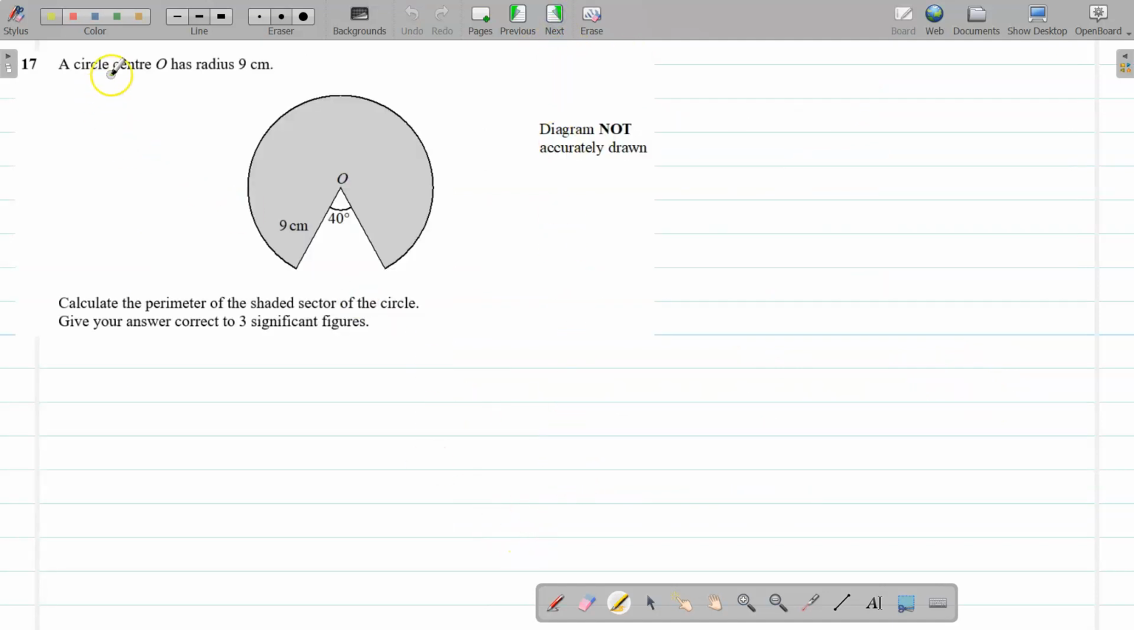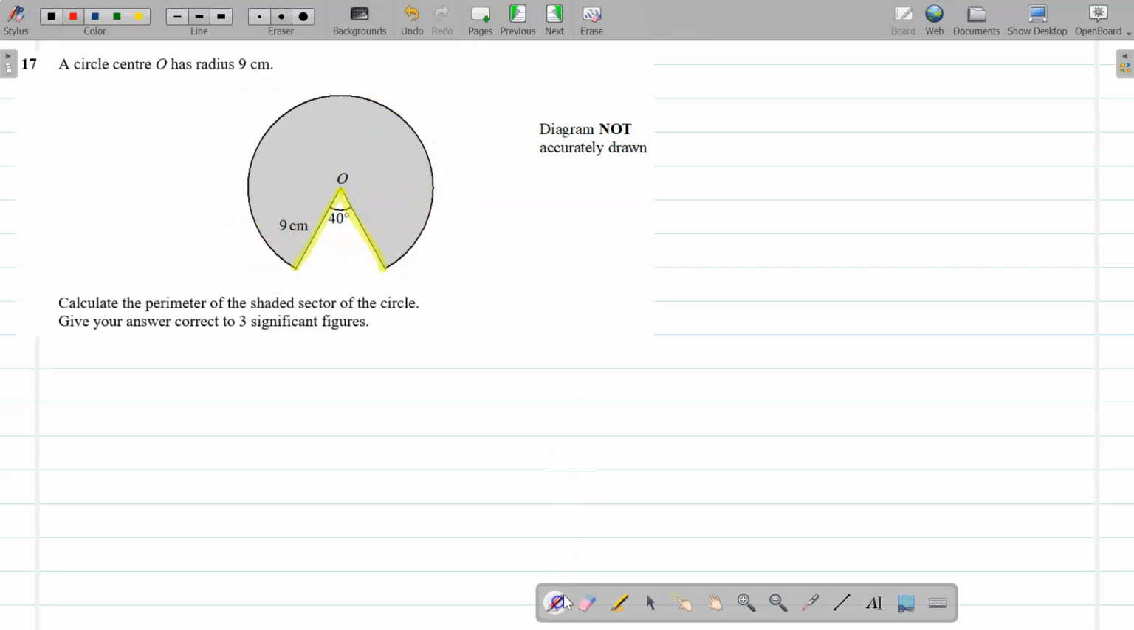Okay, this is a question about a circle and, well, it's what we call a major sector. And we've got to calculate the perimeter of the shaded sector of the circle, the perimeter. So this is called a major arc, this part round here. Okay, but we've also got these two bits here to consider. So these often get missed out. So it's the length of these two in yellow plus the bit round the